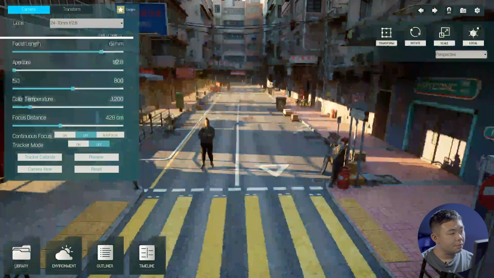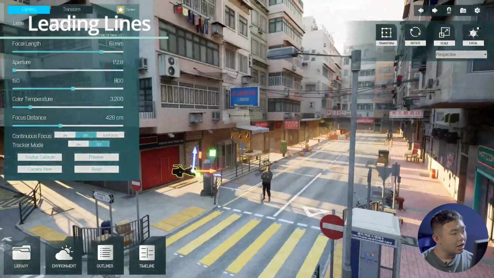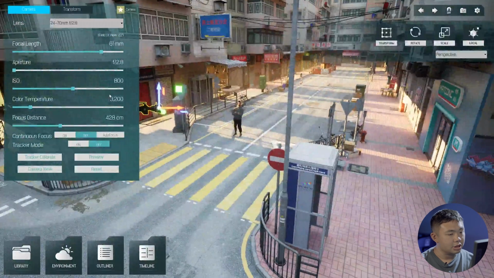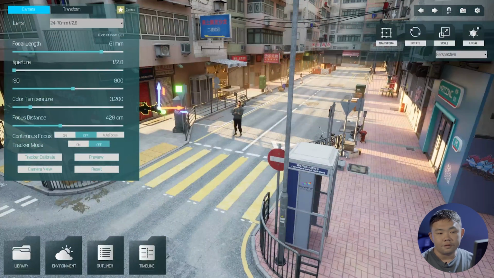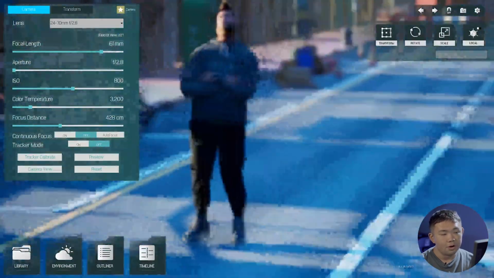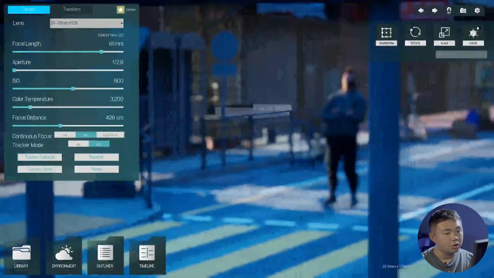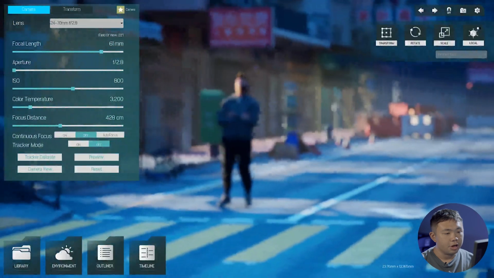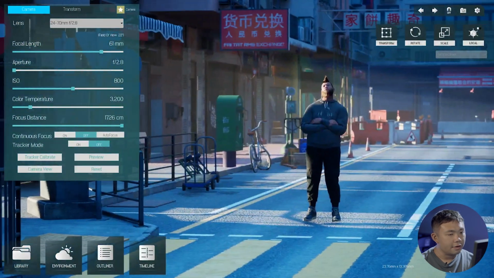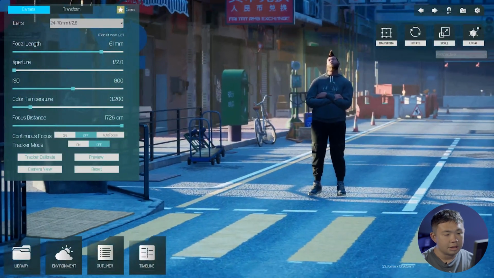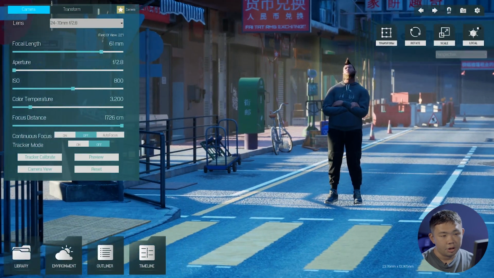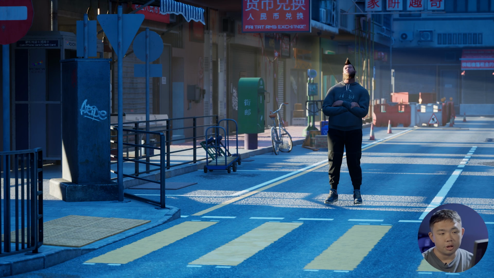The second one is about using leading lines. Leading lines can guide the viewer's eyes towards the main subjects. Let's observe this scene. You can see that there are lots of different lines, so they can be perfectly used for guiding our audience to the characters. So we try to place the camera here, and again, focus. Then you can see here we get lines. These lines act as very good leading lines to guide our audience's eyes from here to the character, which should be the focus of the shot.